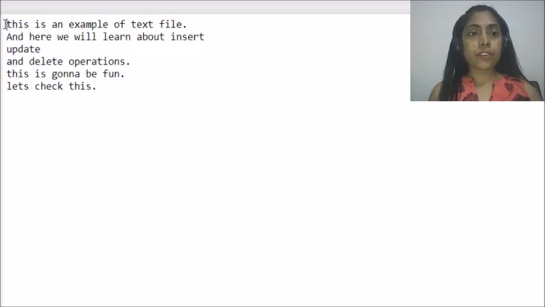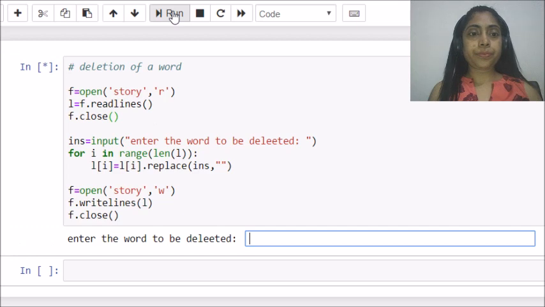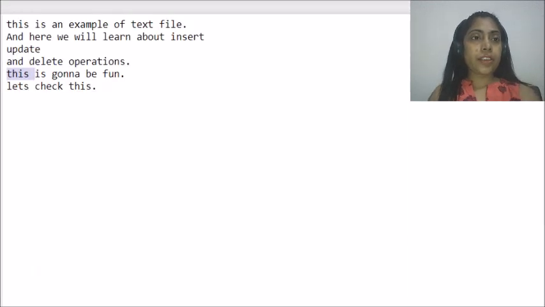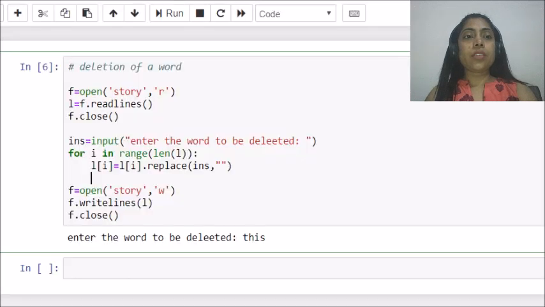So in the first line I am having this, in the second last line also there is a this. So let's run the program. I want to delete this. Now let's refresh our file. Here you can see all "this" are removed from the file, right? So this is how you can delete a word from the file with the use of the replace function.